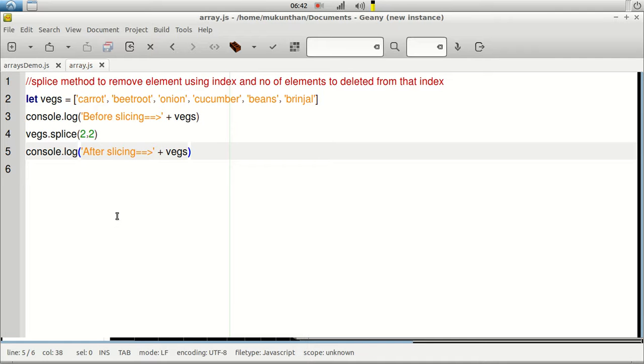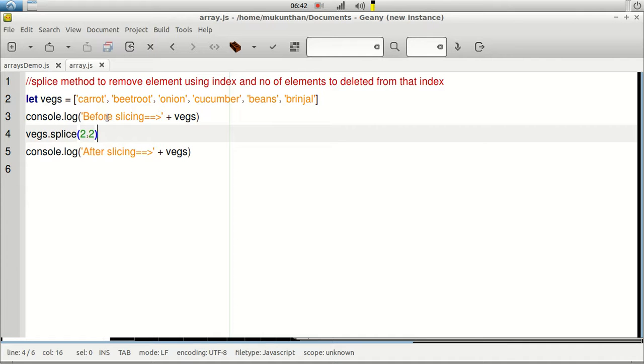Next one, splice method. So now we know how to get the index by using the indexOf method, right? Let's say you know the index value. Then from that index you need to either remove the particular value, or remove a number of elements starting from that index. For example, the splice method lets you remove a single element or multiple elements if you know the index. The first argument in the splice method is the position where you need to remove, and the second is how many items from that index you need to remove.